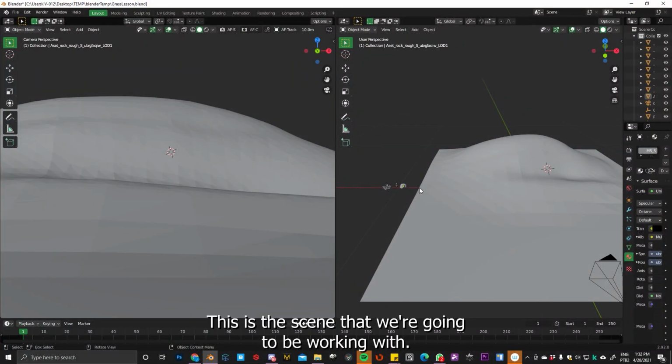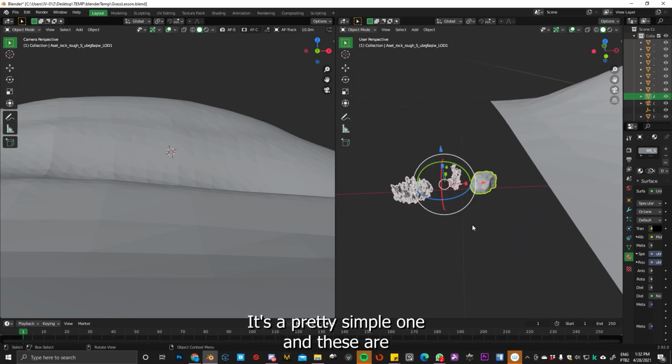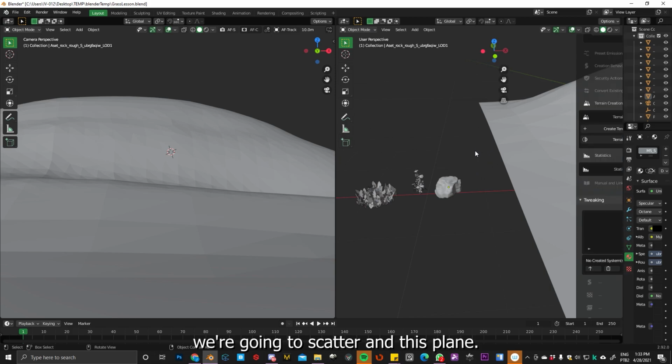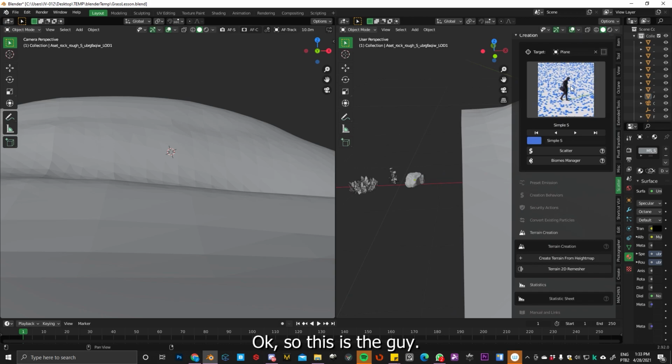Okay guys, so this is the scene that we are going to be working with, and it's a pretty simple one, and these are the three elements that we are going to scatter in this plane. Okay guys, so this is the scatter add-on,